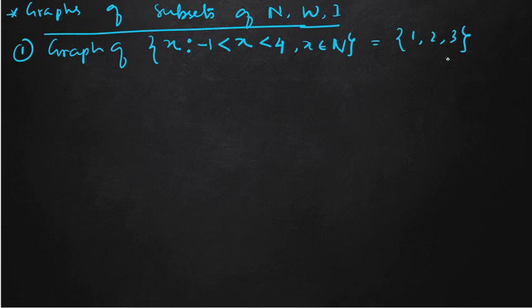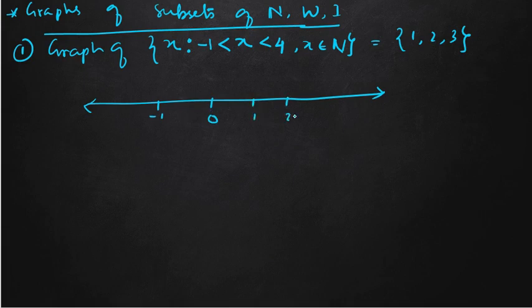Now how will we represent this solution set on a graph, or on a number line? Generally we show this on a number line. Just draw a number line. We have to just put 1, 2 and 3. You can put some other numbers also, suppose 0, -1, 1, 2, 3 and 4. That will be enough. Now we have to only mark 1, 2 and 3. Just darken the points 1, 2 and 3. So this will be the required answer.